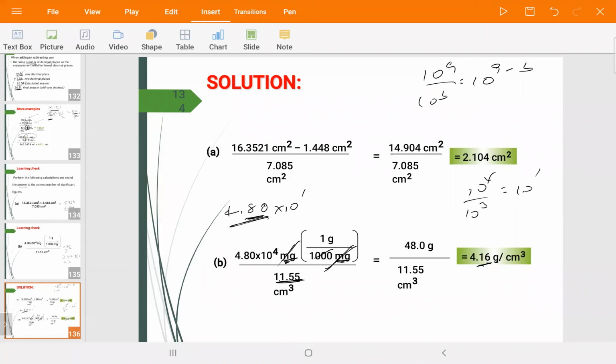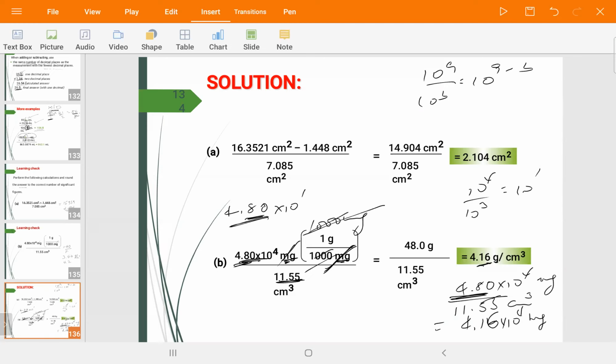ኦ ገባኝ አሁን ጥያቄያችሁ። መልሳችሁን በሚሊግራም ልታደርጉት ነው ያሰባችሁት ማለት ነው። አሁን እዚህ ጋር ስንት ሲግኒፊካንት ፊገር አለ? 3 ነው አይደለ? 4.80 times 10 to the power of 4 ይቀራል፤ ይሄ 1000 ሚሊግራም ስለሆነ ነው። ሚሊግራም በሚሊግራም 1000 በ1000 ይጣፋል over 11.55 ሴንቲሜትር ኪዩብ። እዚህ ጋር ሚሊግራም ይቀራል፣ which is the same thing። መልሳችን ስንት ሲግኒፊካንት ፊገር መሆን አለበት? 3፤ ስለዚህ ዲቫይድ ስታደርጉት 4.16 times 10 to the power of 4 ሚሊግራም።